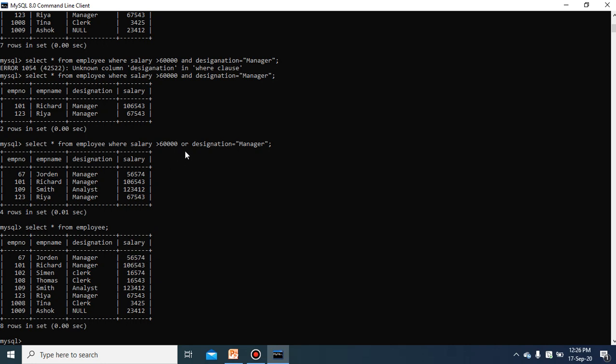Salary greater than 60,000. Here the salary is not matching, but the designation is matching as manager. Here also the designation is matching. Here, neither the designation nor the salary matches; neither the first operand nor the second operand matches the criteria. Analyst, let us see. Here the salary is greater than